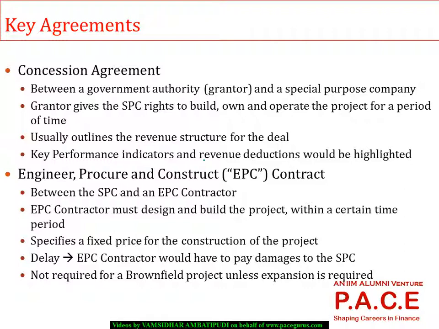So just getting into the simple details of it. The concession agreement is generally between the grantor, who in most cases will be a government authority, and the SPV. So the government typically gives the rights. Now in this agreement, what happens? The government transfers the rights to build, own, and operate the project for a specific period of time. So the SPV will now have the right to build that particular project. So if I am talking about a metro rail project in a particular city, so the government, there is government